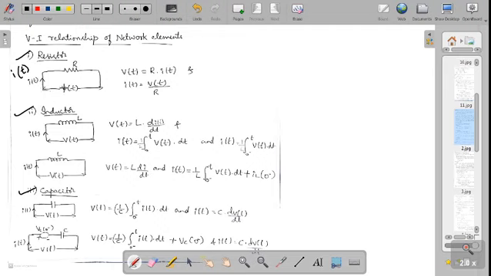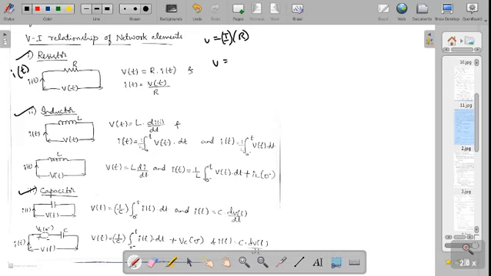The voltage which is established across the resistor is v of t. You already know by Ohm's law that V is nothing but I into R. Here the same thing is taken: v of t, that is voltage varying with time, is equal to R into i of t, the current which is entering into the resistor.